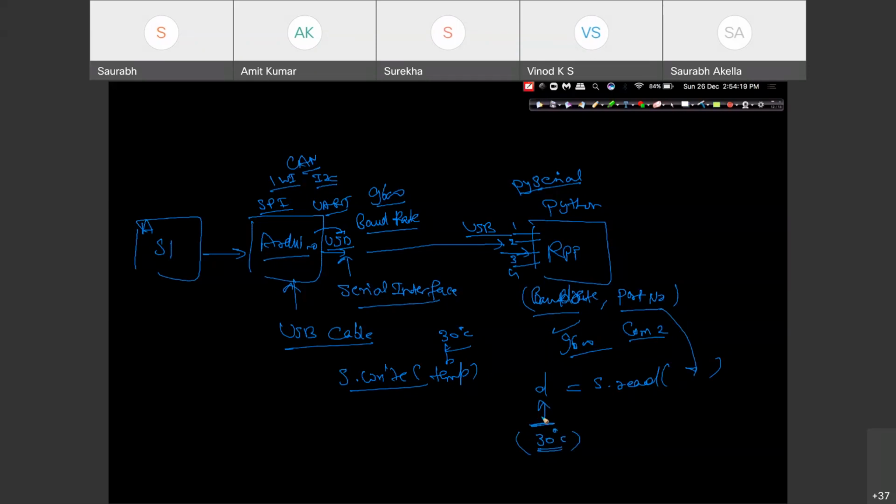If you want to check at what time you have received this data, you can use the time library with the time dot ctime function. You'll be able to get the current information of time, date, everything, from this function, and you've got the temperature value directly here at D. So now you have this information.